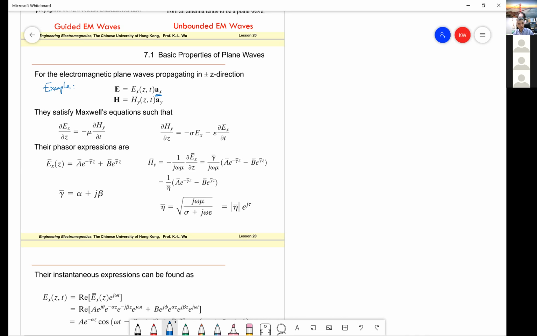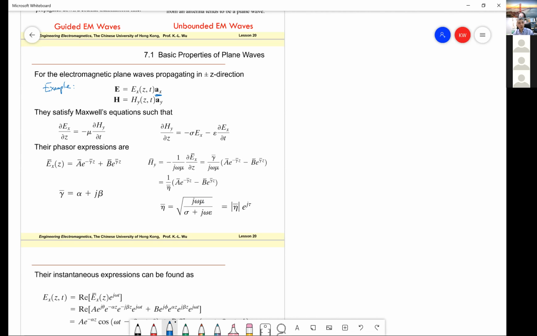Don't make a mistake: a white horse is a horse, and the black horse is not a horse, or the horse must be white. This is wrong. This is not correct. I'll give you an example: the electric field polarized in the x direction